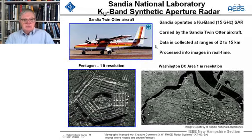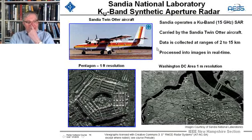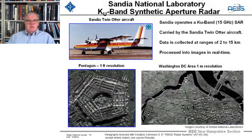Sandia National Laboratory is truly a national treasure when it comes to synthetic aperture radar. They've done an enormous amount of great research and development in developing synthetic aperture radar techniques and pushing the limits of the technology. If you're interested, go to the Sandia Lab website, sandia.gov, I believe, and you can find a big section where they show you their